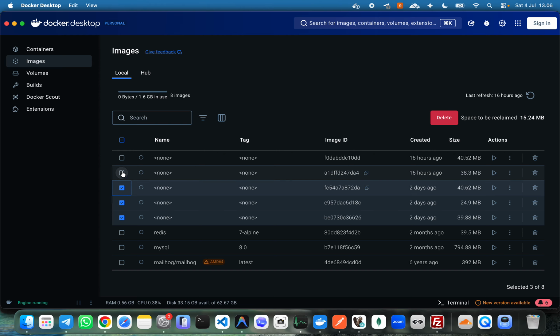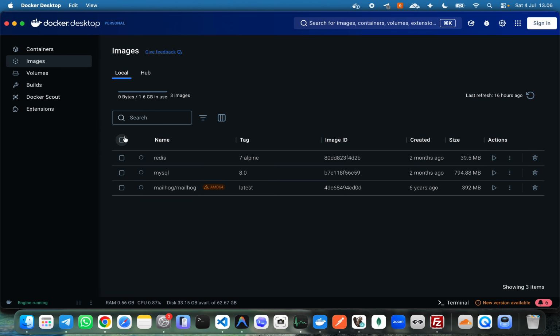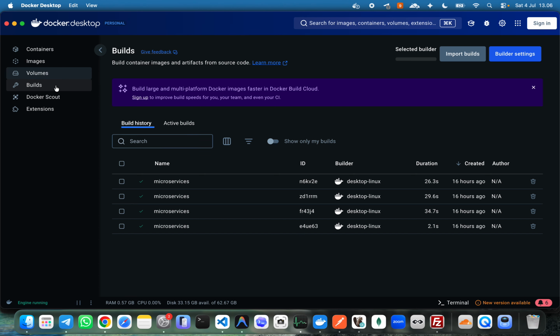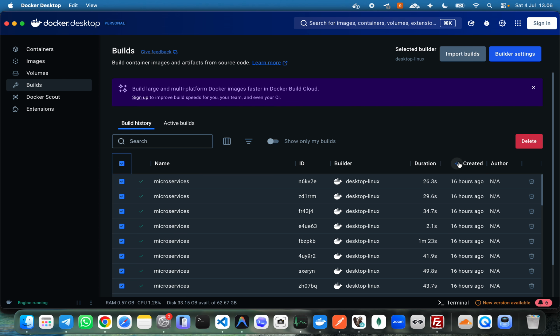I remove, yeah, this one. So for Redis and MySQL and MyLab, I don't need to remove, because if I remove, this is re-download, and then should be so long. This, what is volume, I'm not sure. The builds one, microservice, I can delete because this is unused